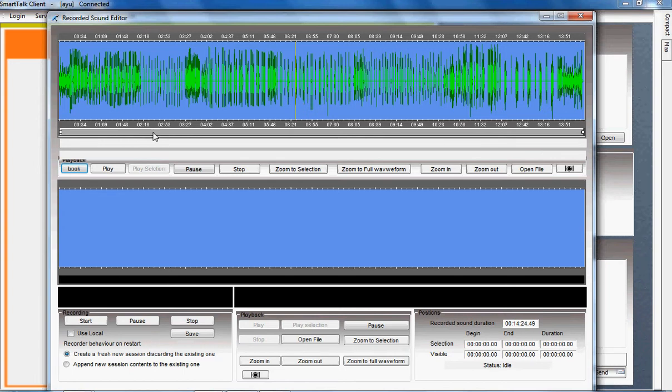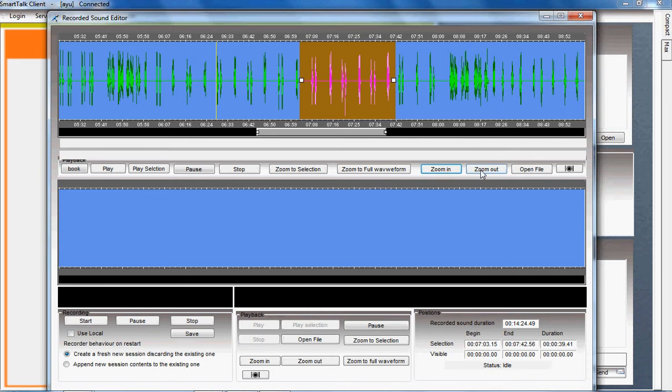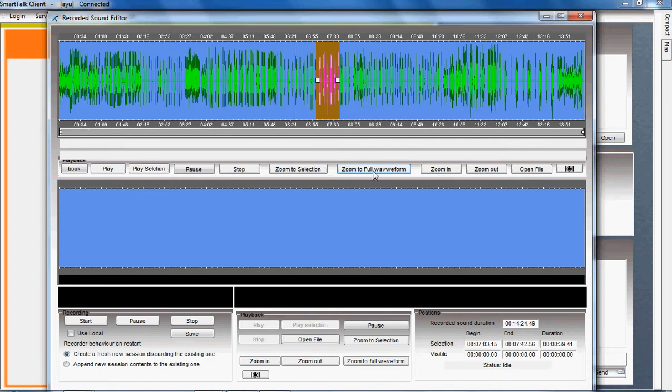Here we can see different controls over here, such as zoom to selection, where student can zoom in and zoom out a particular section. There is a zoom to full waveform, which shows the whole model track. And with this option bookmark, student can